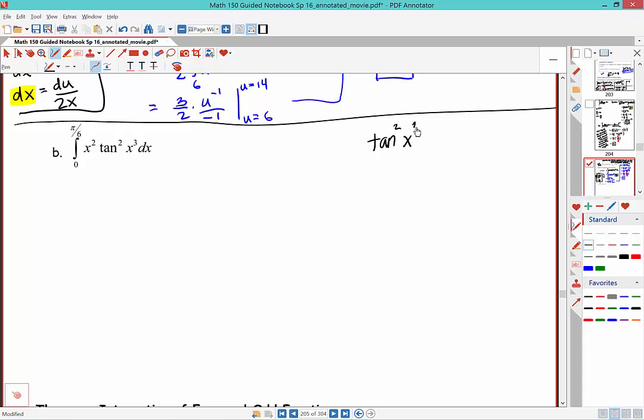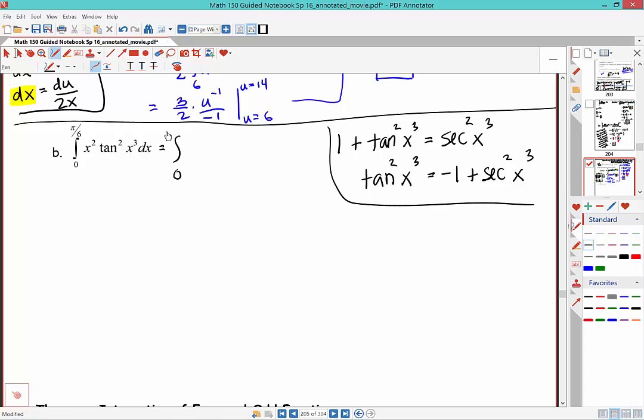Tangent squared at x cubed would equal, we know that 1 plus tangent squared at x cubed is equal to secant squared at x cubed from our Pythagorean identity. And so if I wanted to isolate the tangent squared function, I would end up getting negative 1 plus secant squared at x cubed. This one's going to work better because I've got an antidifferentiation formula for secant squared of something, right? So we need to first rewrite this in terms of the integral from 0 to pi over 6 of,